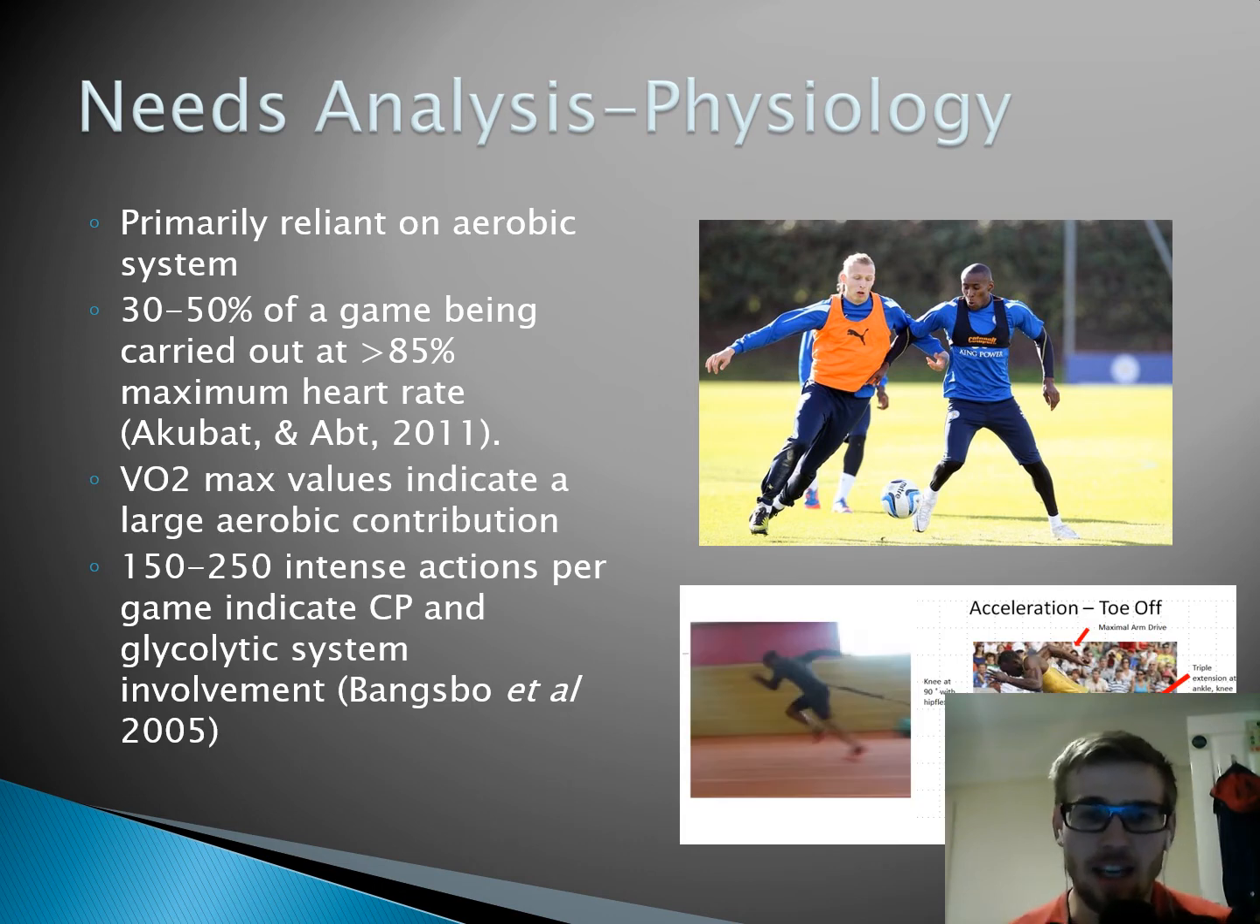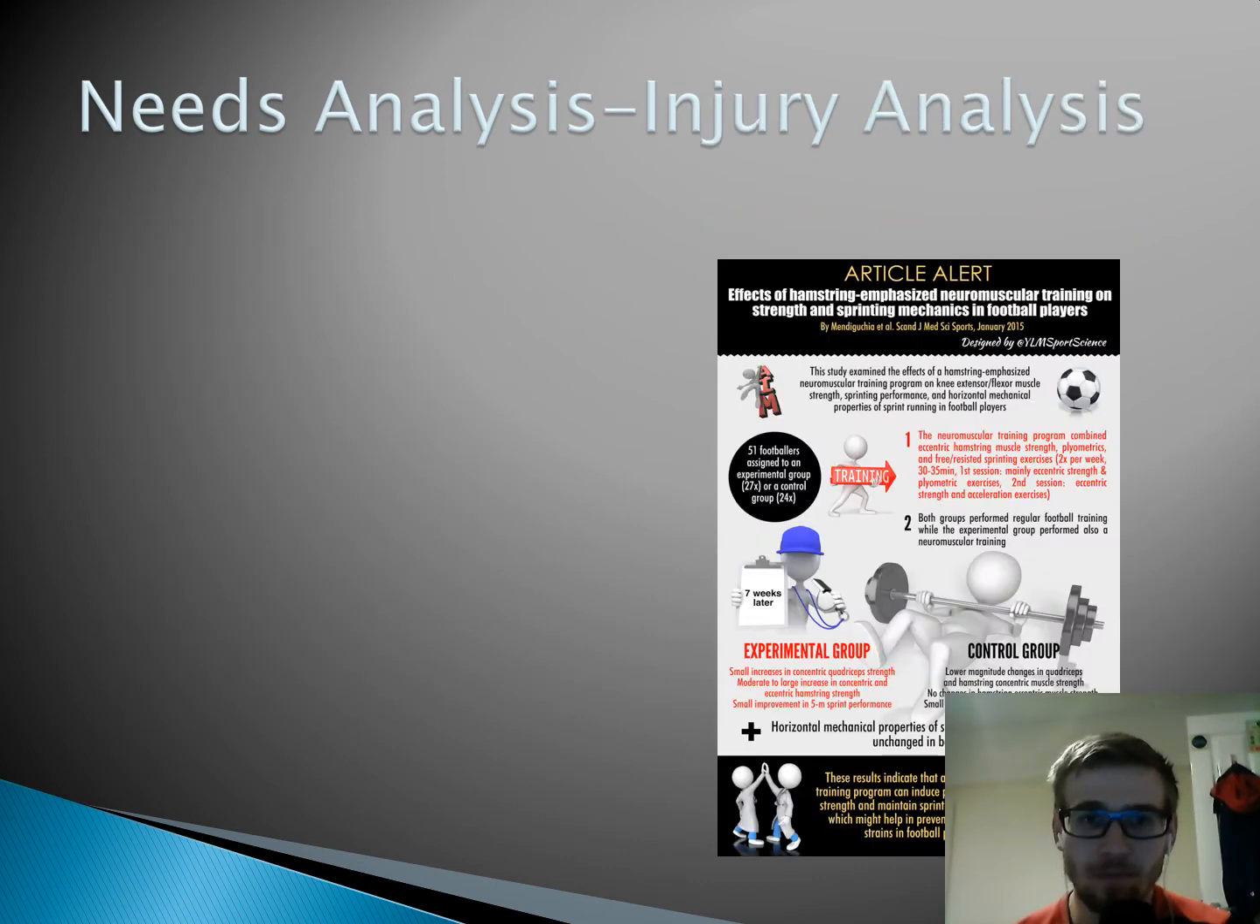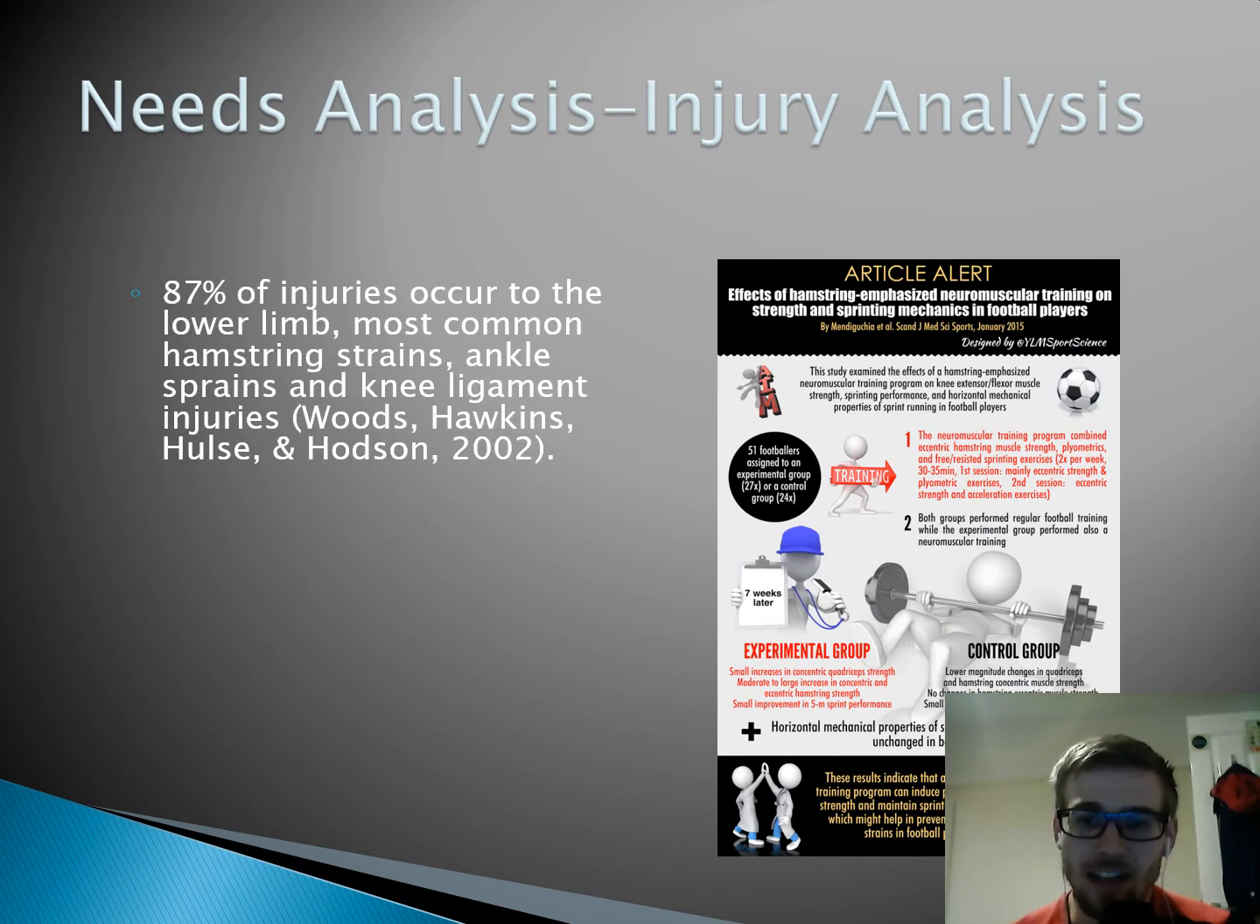Again, because the aerobic system does contribute so much, it is very important for us to have a well-developed aerobic system, but again, there are also intense actions in the game that we need to condition our footballer for. In terms of injury analysis, hamstrings are obviously quite common in football, as are ankle sprains